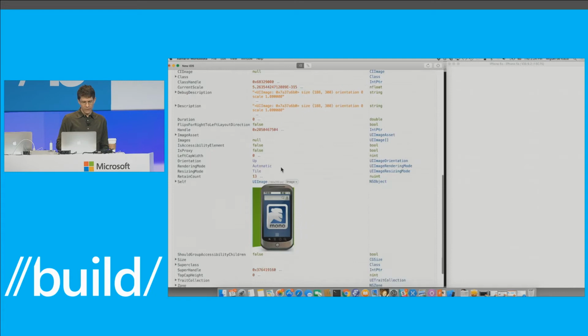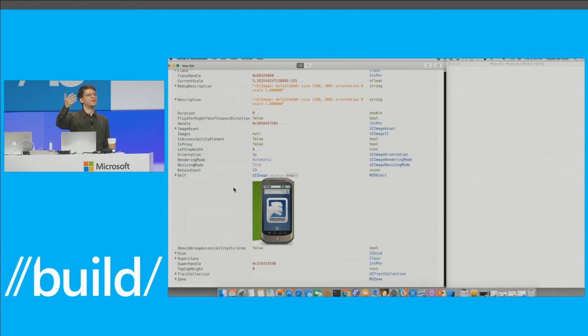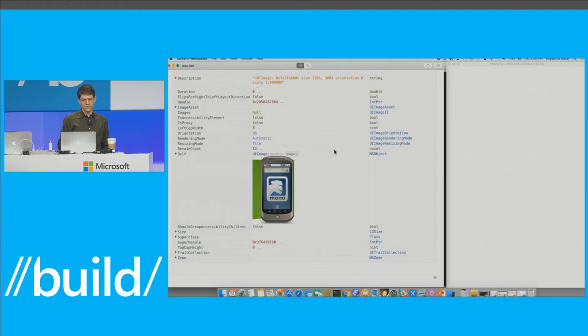I started this workbook in iOS mode, so everything that I'm using here are the iOS properties. So orientation, you can see that it's a UIImageOrientation. You can see the superclass, the size of the object, and so on. And it's interesting because iOS uses floating point values for sizes. So that's why it's rendered as a floating point.